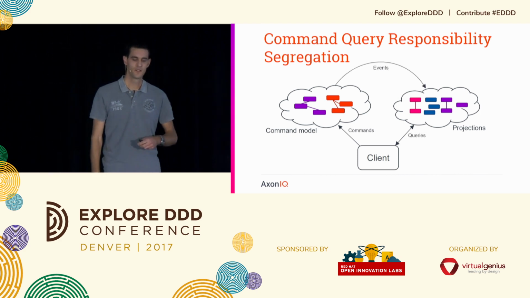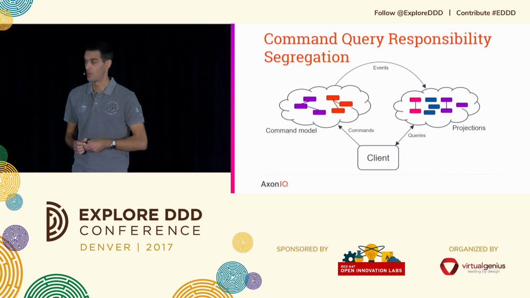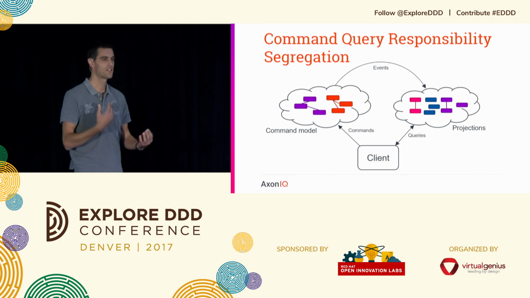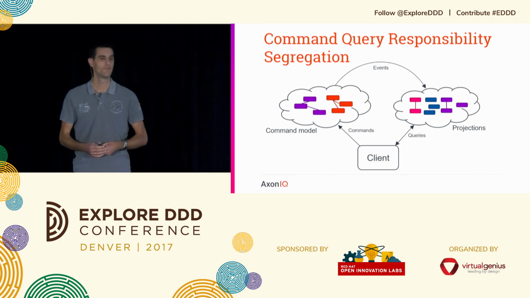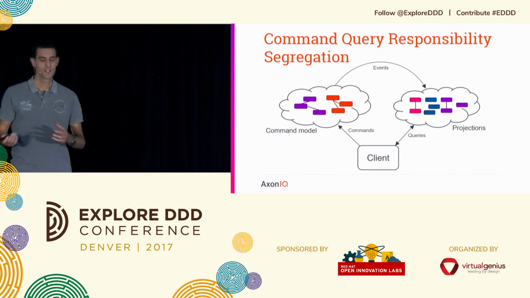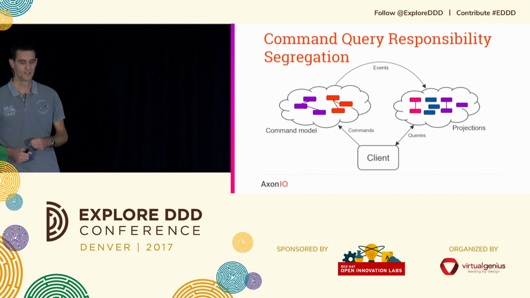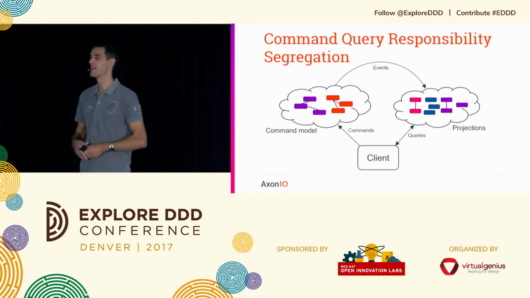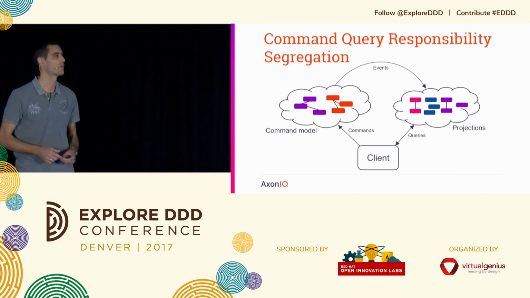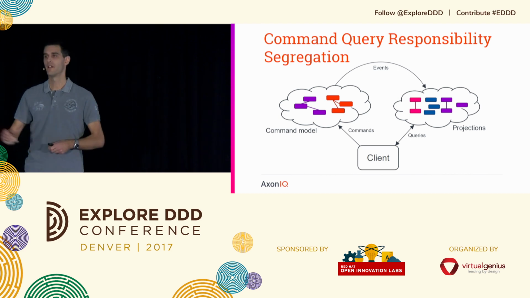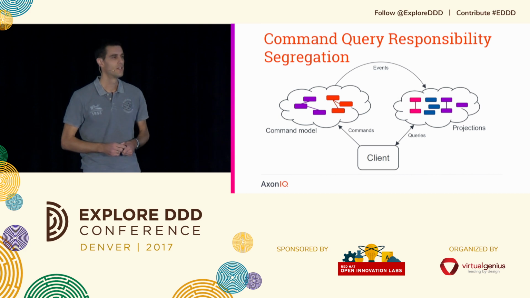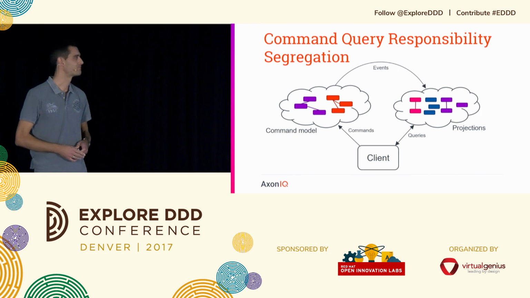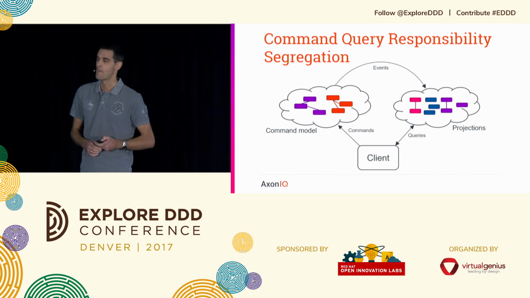So what you get is the separation of models into command models, the models that take commands, make decisions, and emit events based on what they have decided. And on the other side, you'll have projections. They consume those events and build up a projection which is very useful to quickly answer any questions that any client may have about the state of your application. So in theory, the big queries that we saw earlier are replaced by a select star from something, and that's it. That's in theory.